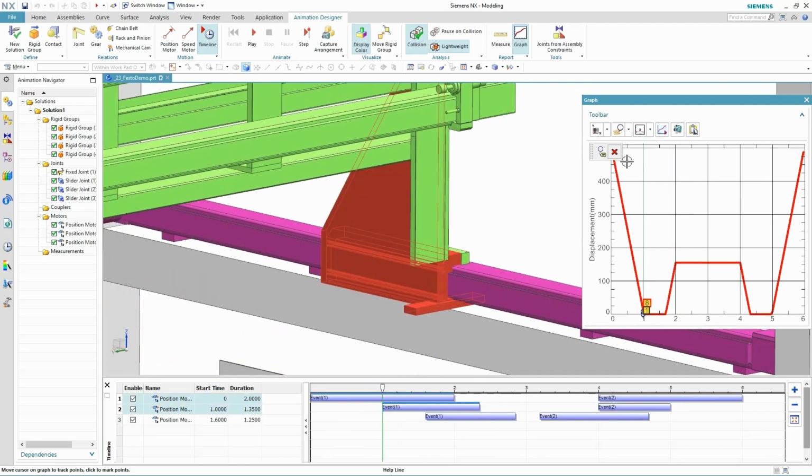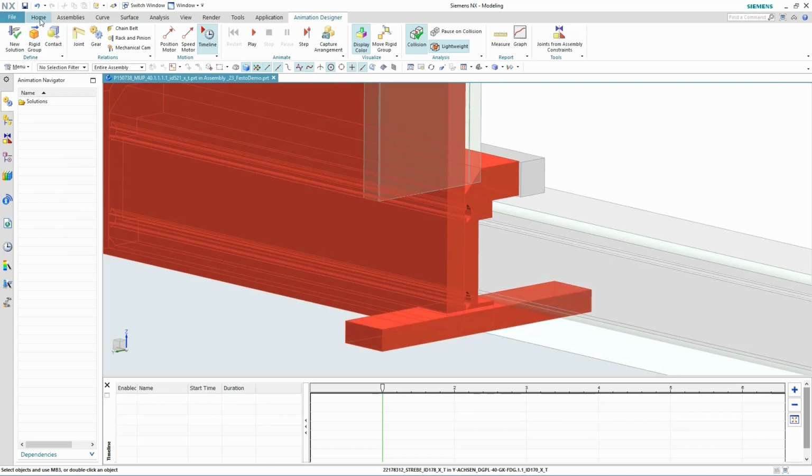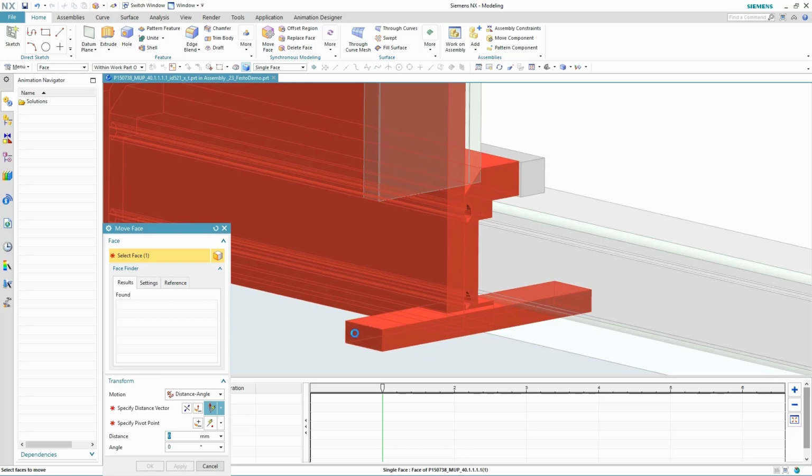We'll pan the timeline just past the initial point of interference so we can use both parts as a guide when we model away the problem area. Now it's just a matter of setting the support as the work part and using modeling tools to address the issue. We could address this fix in many ways, such as specifying a precise clearance between the slider and support,